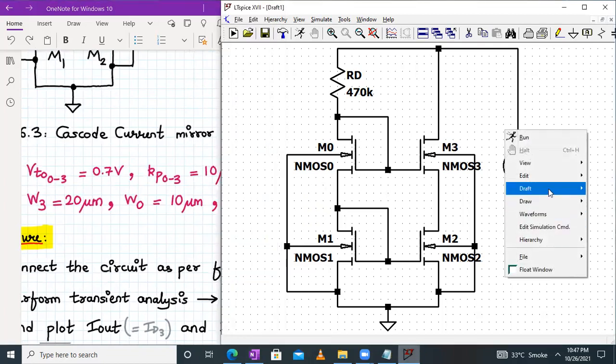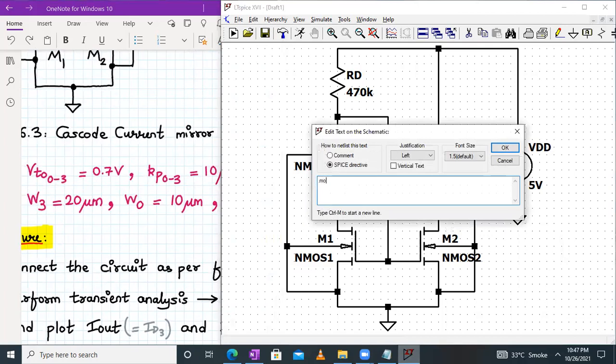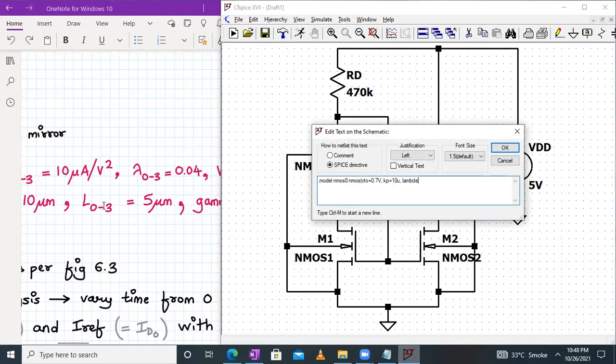So I'll right click over here, go to draft, go to spice directive and start writing the statement. So we'll write dot model NMOS 0, NMOS bracket, VTO is equal to 0.7 volt for all the transistors. Then we'll put a comma and write KP is equal to 10 micro. Then lambda is equal to 0.04.